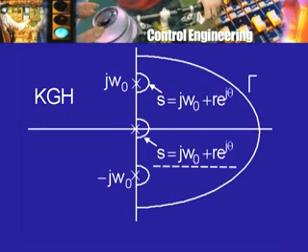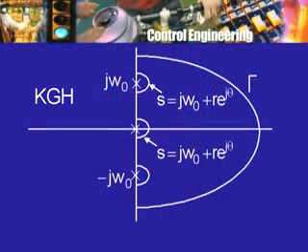So substitute this in the expression for KGH, and then see what is an approximation to it, considering the fact that r is small. Now this requires some careful work, and we do not have time to go into all the details, and in any case such examples are very rare, but one should not get to be at a loss as to what to do when the loop transfer function does have a pair of poles on the j omega